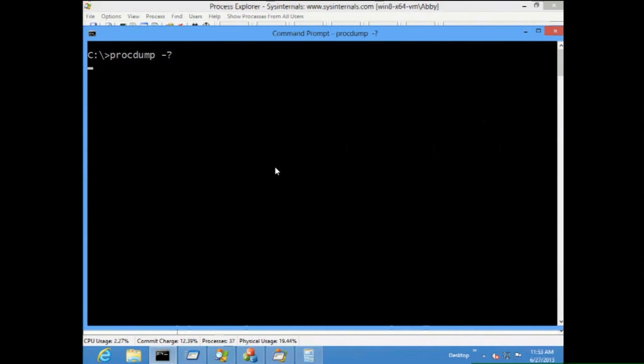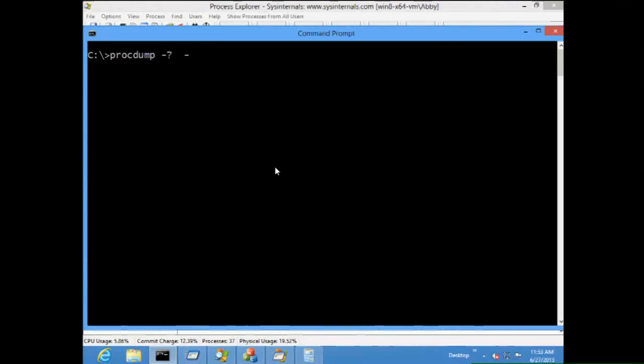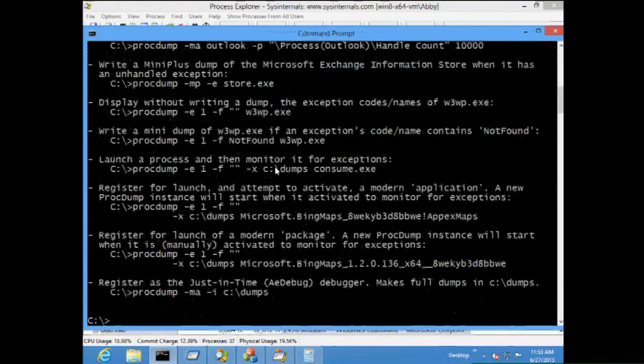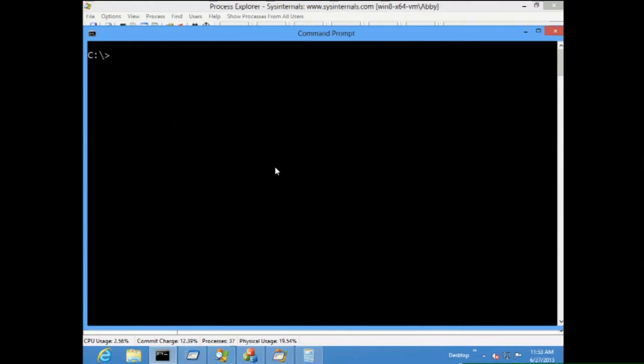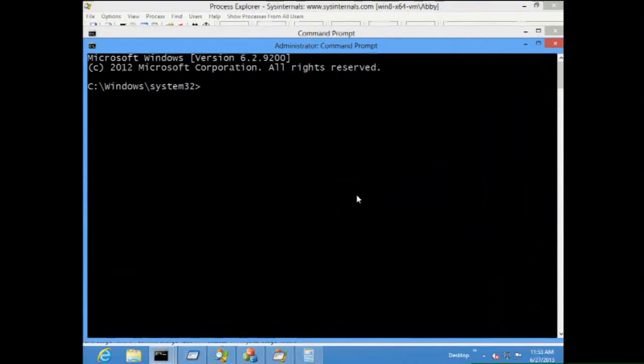OK, first of all, I do want to show you that procdump /? shows you the information you just saw. Add a -e, and it'll show you a bunch of example command lines, which you can copy and use right away. That's a nice, useful feature. But let me see. I need an admin command prompt for what I'm about to do. Procdump -mp for mini plus